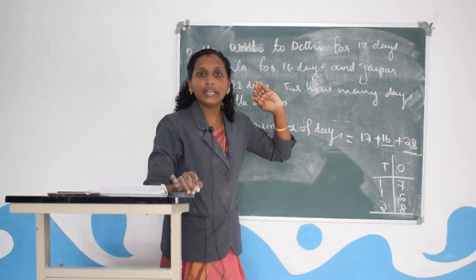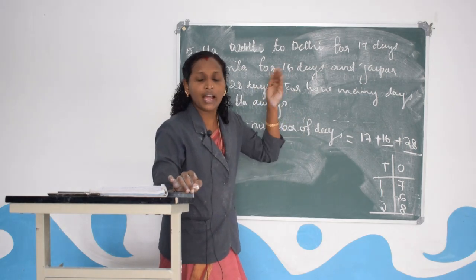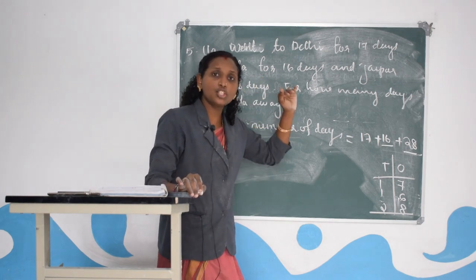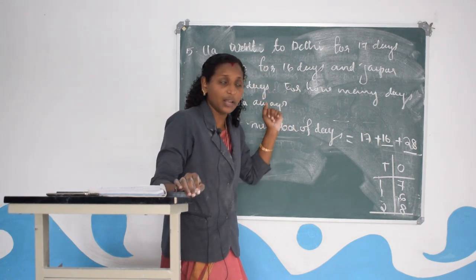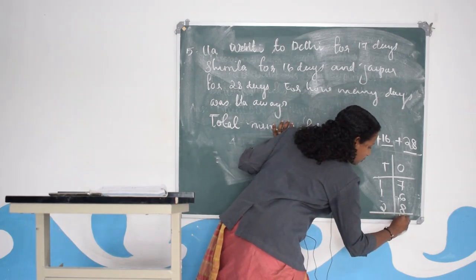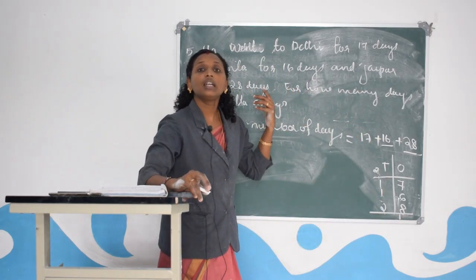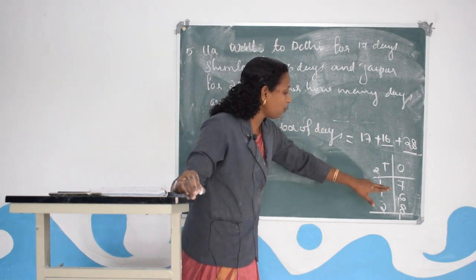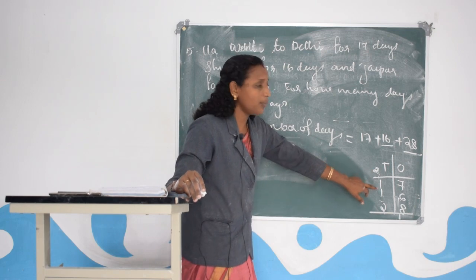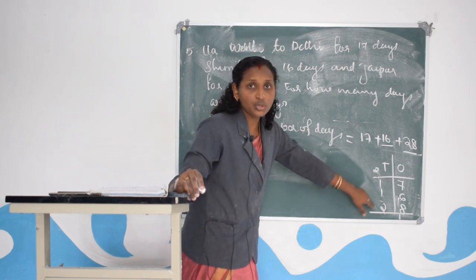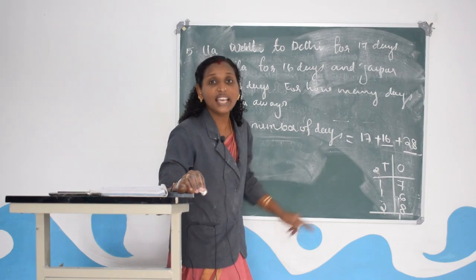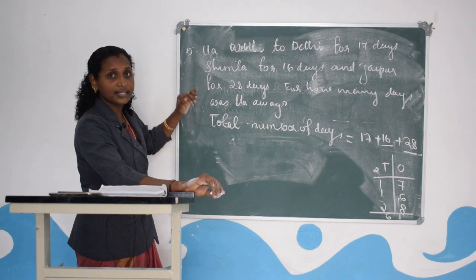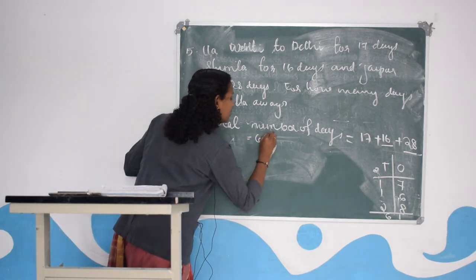That means 21 ones. 21 ones can be regrouped into 1 one and 2 tens. That means 2 tens are carried over to the tens place. 1 can be written in the ones place. Next add the tens. 1 plus 1 plus 2 plus 2. 1 plus 1 is 2. 2 plus 2 is 4. 4 plus 2 is 6. 6 tens. 6 can be written in the tens place. So how many days? 61 days.